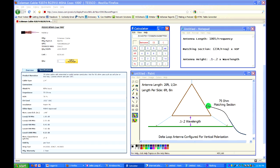So the next calculation then is what's the length of the matching section, and again, this is a 75 ohm coax. There's a little more to that calculation, in that any given brand and any given part number of RG59, or any coax for that matter, is going to have its own velocity of propagation, also known as velocity factor. So how do you find that velocity factor? Well, you can ask your dealer who sells you the coax, or you can look it up. I just looked up my coax on the internet. I just Googled it, and I found that